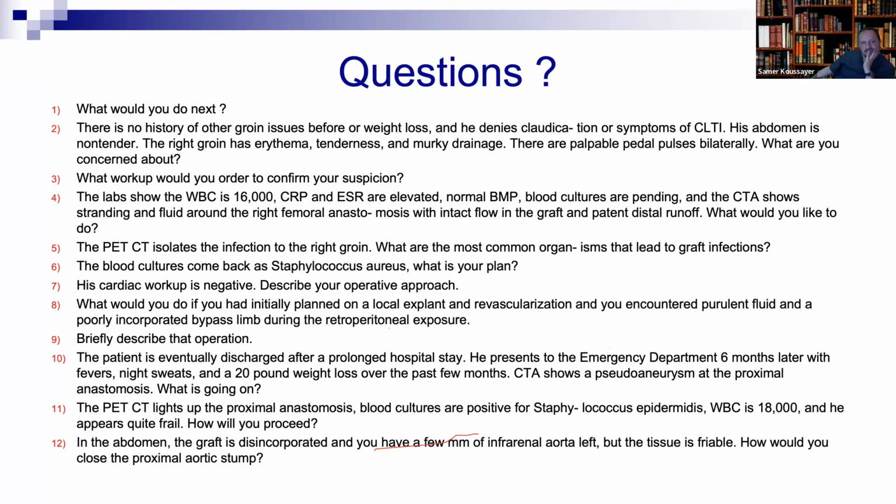Yes, please, sir. In the last case, the patient was mentioned to have aortobifemoral bypass for claudication. So, is it available as one of the management options just excision of the infected graft without doing bypass if there are good collaterals and good physical flow? Or do I have to perform another bypass in the same operation?